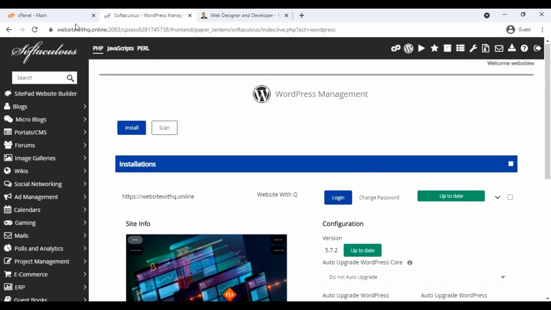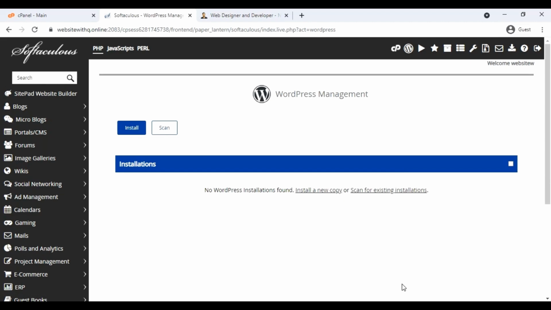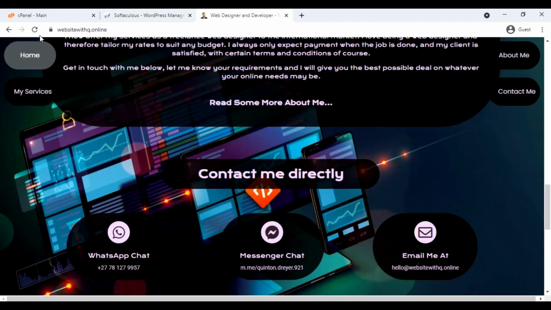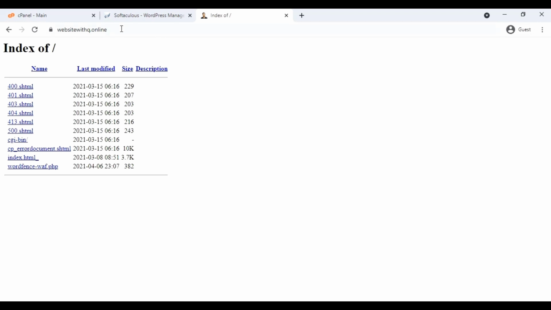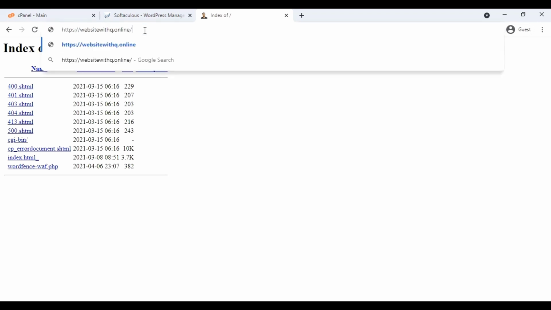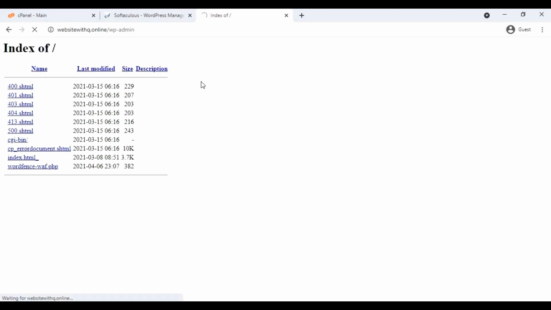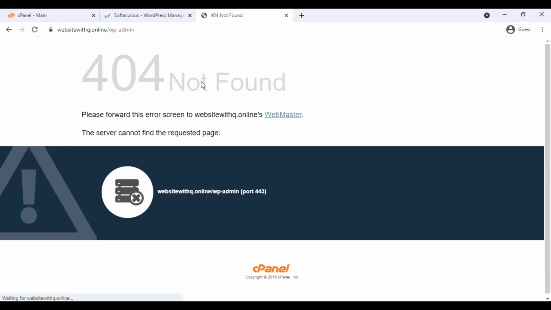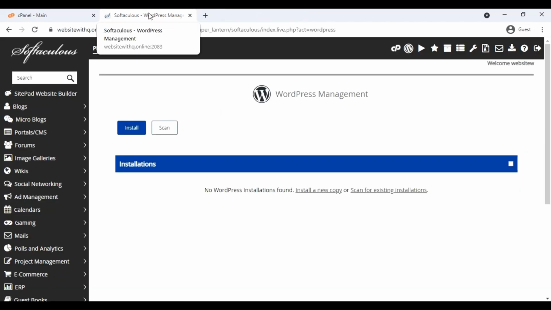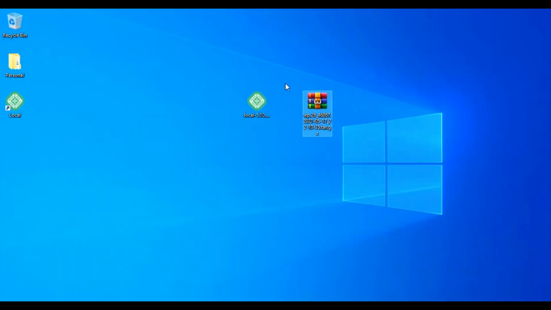And now if we refresh here, it would show that I do not have any installations. If I refresh here, it would obviously come up with an error. If I try and log into my WordPress, it would show that it is not found. So right now I do not have a site, but what I do have is this little backup, which is